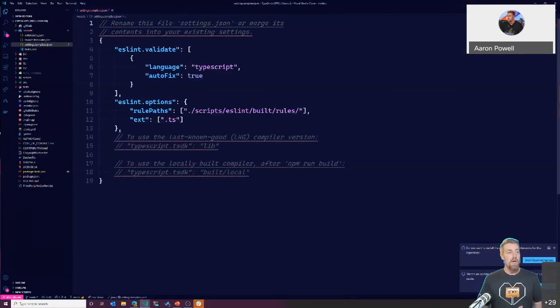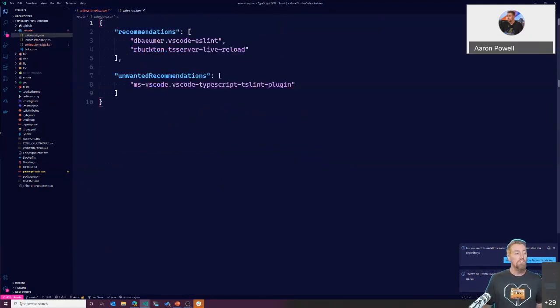So this is the settings template that we have for the TypeScript code base. This is a bunch of stuff that they want people to have kind of enforced. So it's going to be using ESLint, and this is the way that it validates ESLint. Here's the path to the ESLint rules that they've got, so on and so forth. So as someone who wants to come and contribute to this project, I don't need to know more than the fact that they've got ESLint installed. But, well, how do I know to run that sort of stuff?